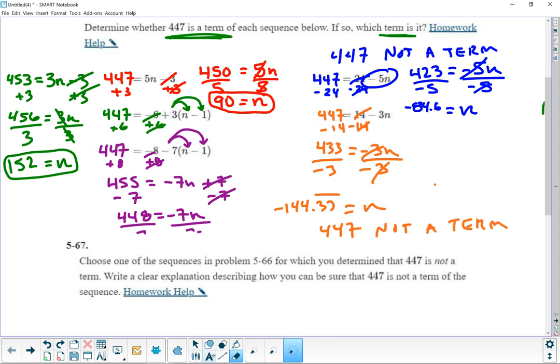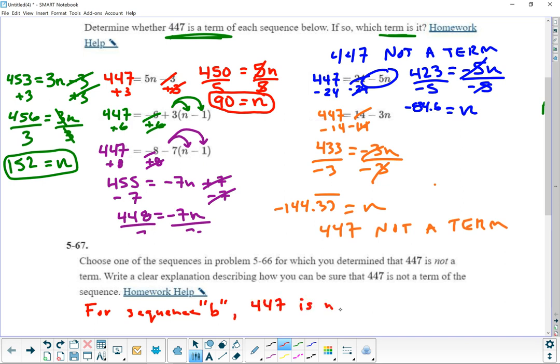I'm not trying to be formal or anything anymore. So for sequence B, I'll put that in that. For sequence B, 447 is not a term